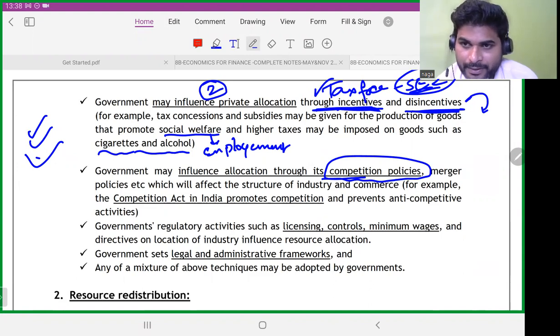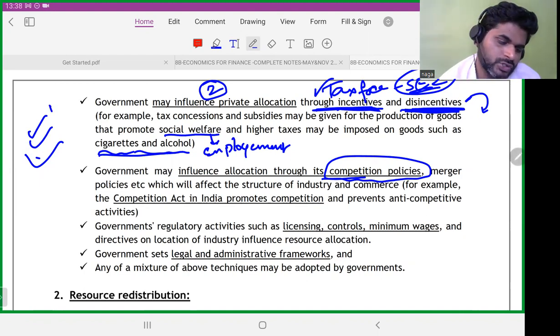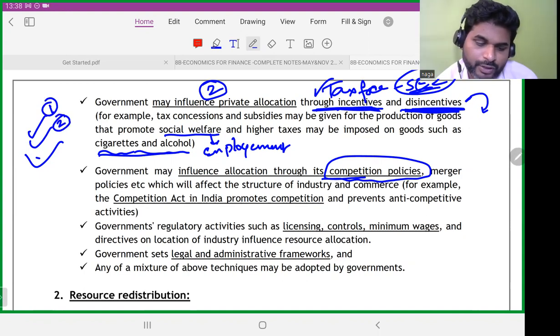That's another discussion: is it really helping? By disincentivizing, is it really helping the people who are buying? That's another discussion, but let's not bring it up. As a policy, with good intention, you need to look at it. So the government, one, can directly produce goods. Second, can influence. And third, government can influence through its policies, like competition commission, merger policies, the Competition Act in India,